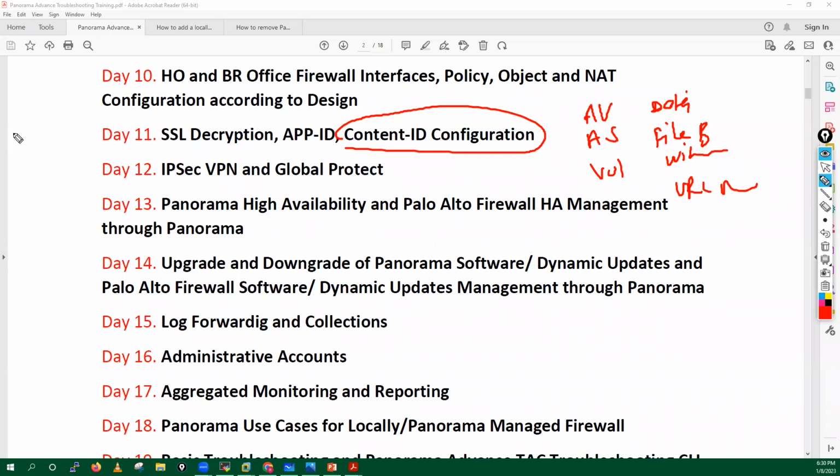Let's suppose you have a list of URLs. You have some categories, like you want to block all the pornography sites, you want to block all the malware related sites, you want to block the social networking sites, you want to block the media streaming sites, you want to block all the gambling websites. How will you do that? We will do it just by configuring a few lines in Panorama,